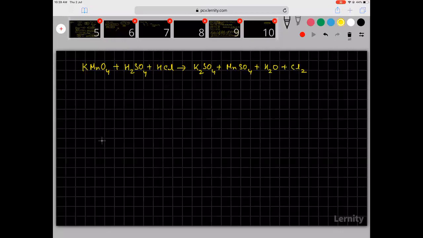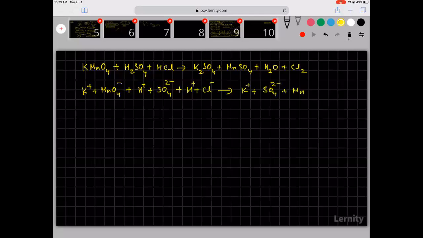So left side species will be K plus, MnO4 minus plus H plus, SO4 2 minus plus H plus, Cl minus, gives K plus, SO4 2 minus plus